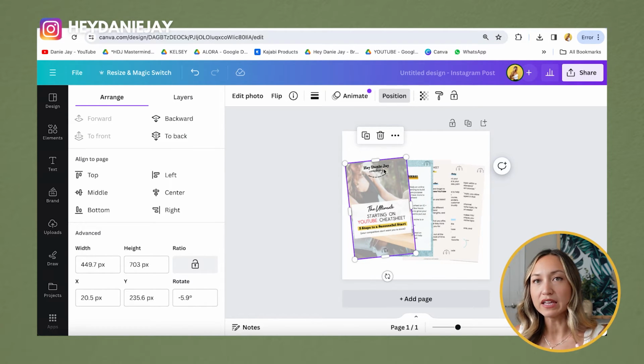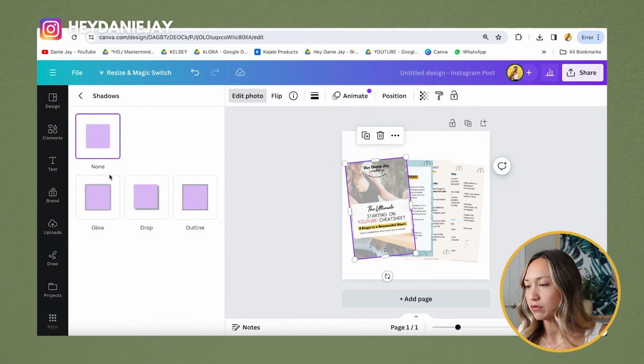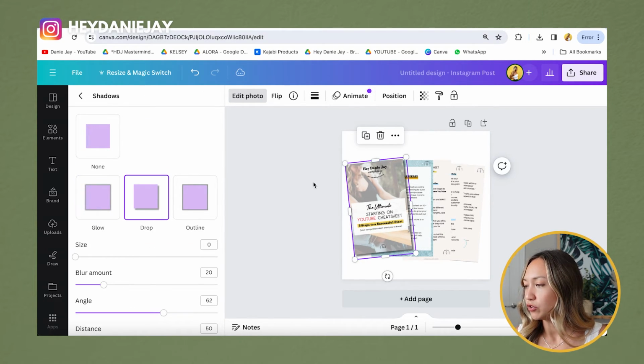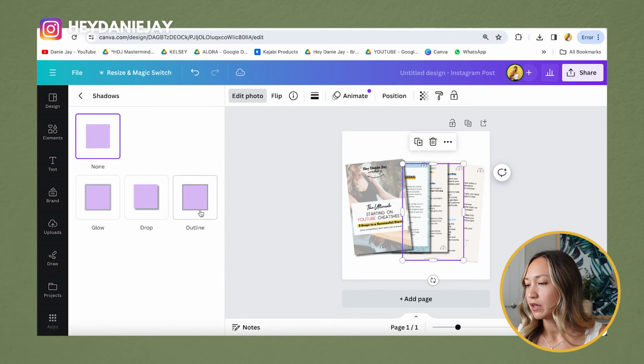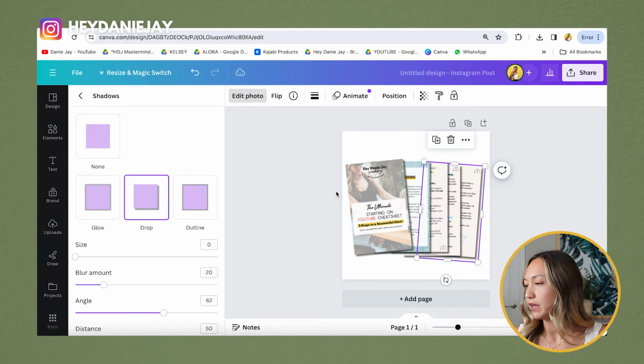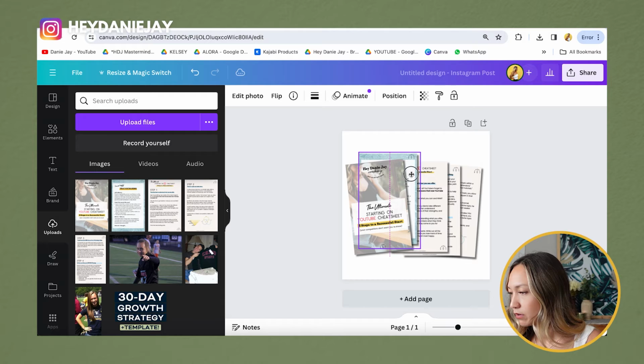And then, so they don't blend together, you are going to hit edit photo, and then you're gonna add a nice shadow. So you could do glow, or you could do drop. Drop's always a nice one, kind of makes it look really like paper. It's up to you. And I'm gonna hit that for each of them